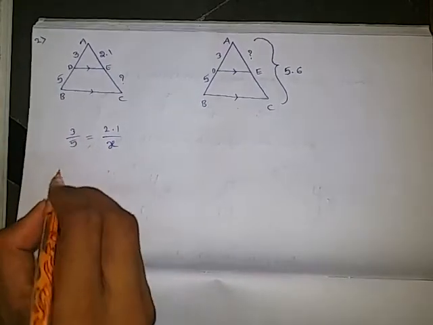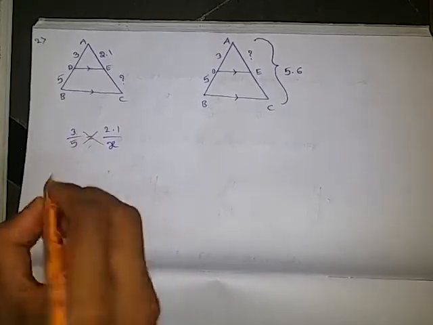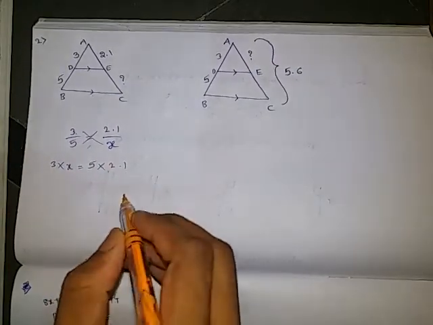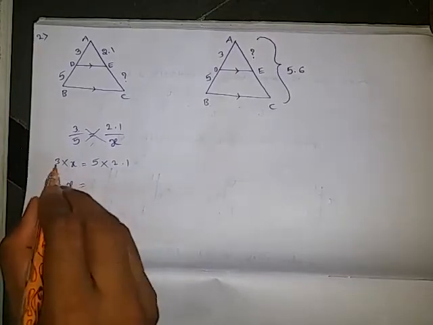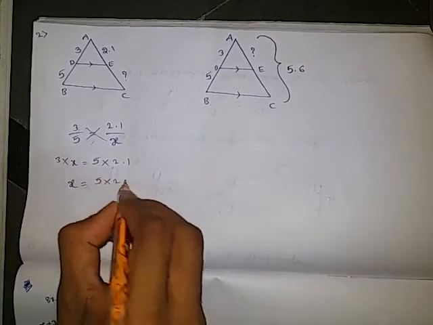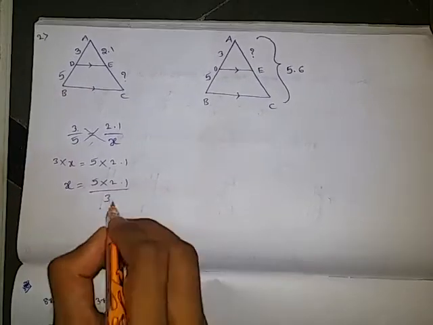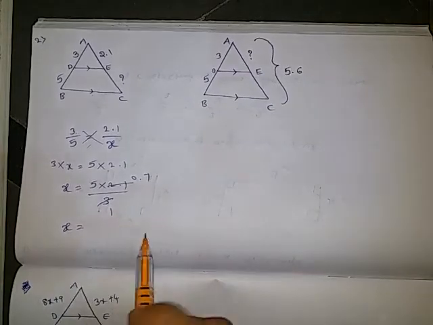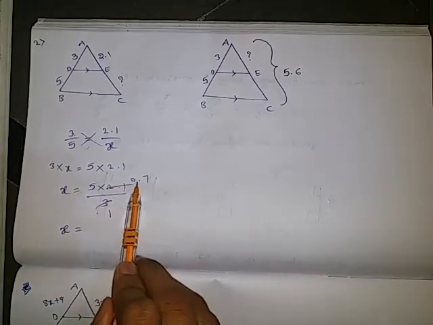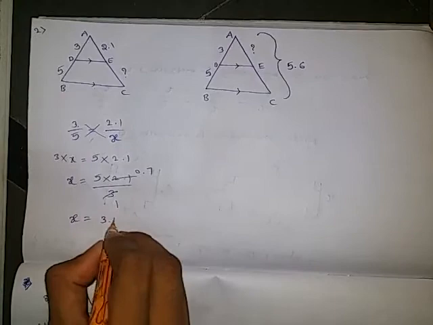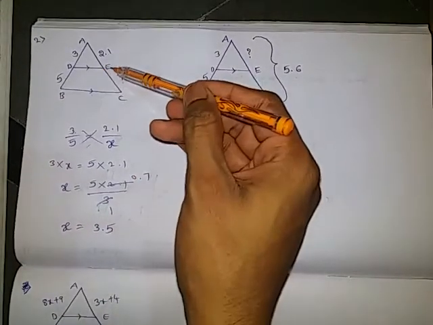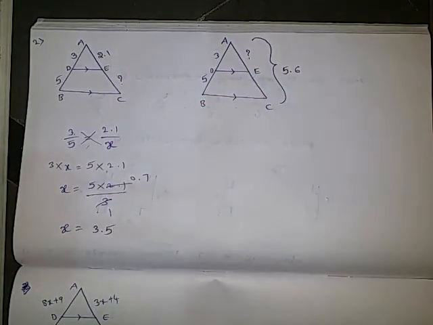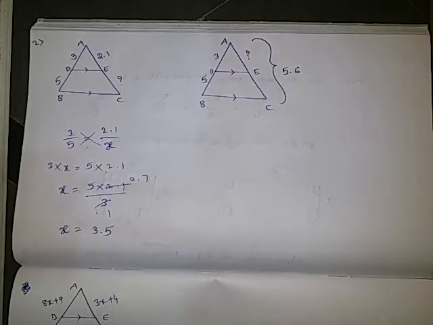Let us cross multiply. So if we cross multiply, 3 into x is equal to 5 into 2.1. We want x value, so take 3 that side. 5 into 2.1 divided by 3. 3 ones are 3, 0.7s are. So x is equal to 5 into 0.7, 3.5. That is nothing but value of EC. See here, the missing value is 3.5 units. Next,